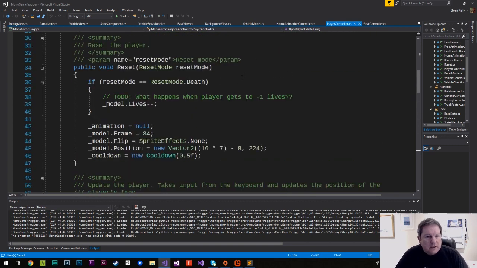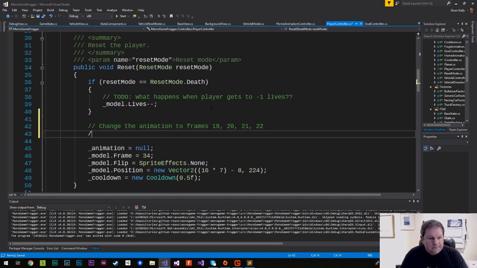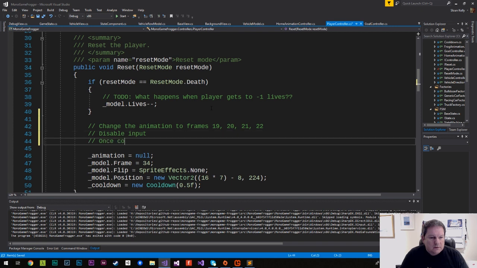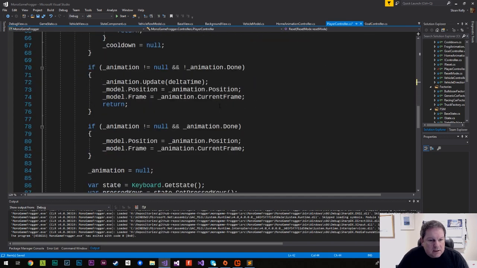So when they die, we want to reduce the number of lives, change the animation to frames 19, 20, 21, and 22. Disable input, and once complete, do this. Okay, so that's what we need to do, is change the animation to those frames, and then don't allow any